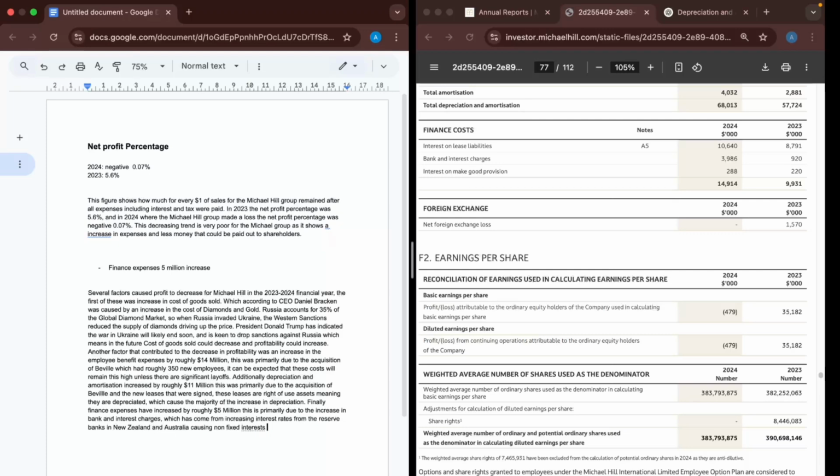Non-fixed just meaning, guys, that they're floating, so they're just whatever the OCR sets them at. Non-fixed interest rates to increase, decreasing profit. In the future, these will likely decrease, and we could see